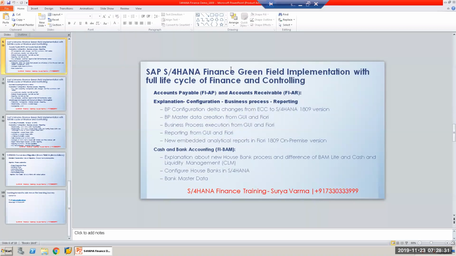Now, when we come to accounts payable and accounts receivable, the same way we'll be discussing the component effect that has taken place because of S4HANA in your accounts payable and your accounts receivable. What are the new configurations that have come in, or the configurations that have changed, and what are the business processes that are getting impacted, and what are the new reporting functionalities which are